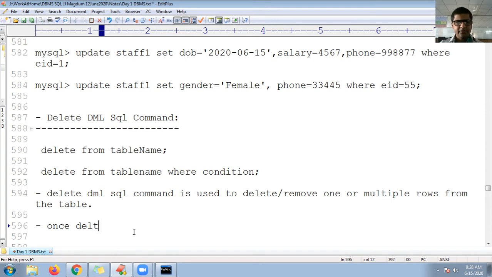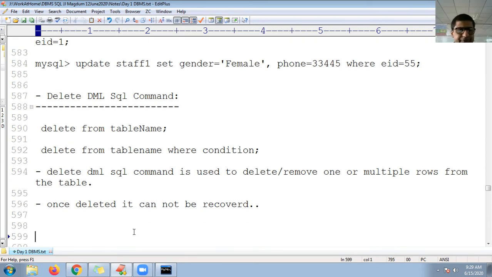Once the rows are deleted, we cannot recover them. Therefore, it is always recommended to take a backup first before deleting. Okay, fine.